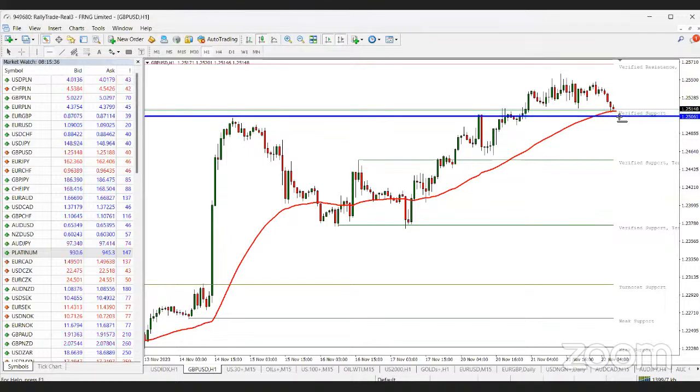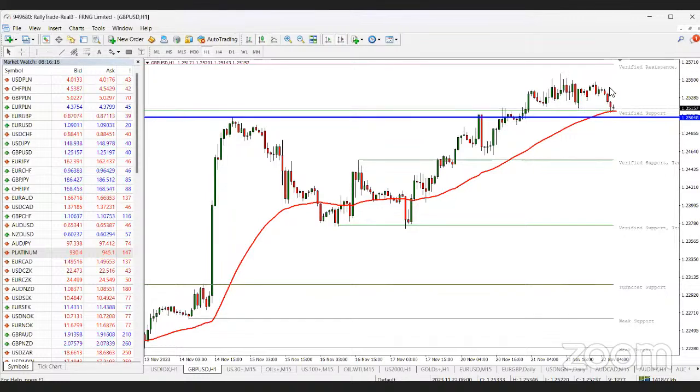This is a very simple setup. We can see that it's currently being supported heavily by the 50-period moving average, and we know that the 50-period moving average is a strong one, especially on 1 hour, considering the last time what it did around it. So this is a verified support. What I would advise is this: if it breaks below the 50-period moving average, then you can continue selling. But considering it's a strong support, I will not want to advise a sell stop around here because there's a very high chance that price could trigger that.